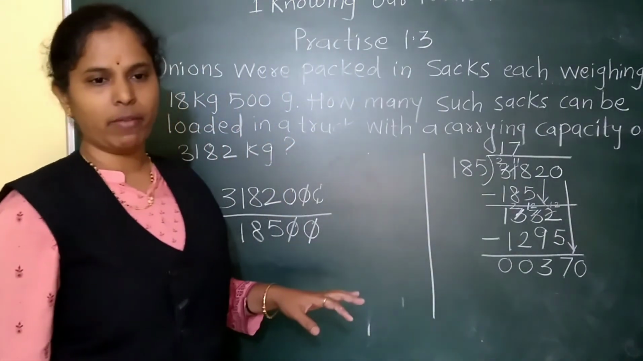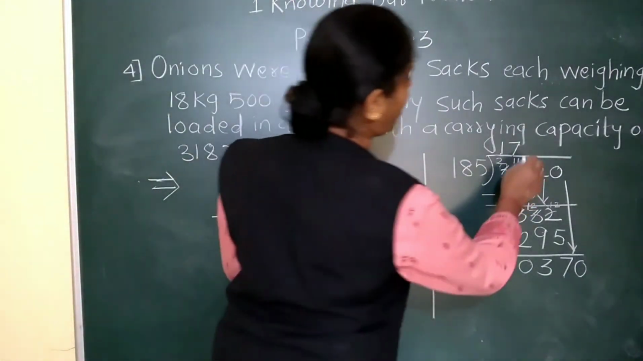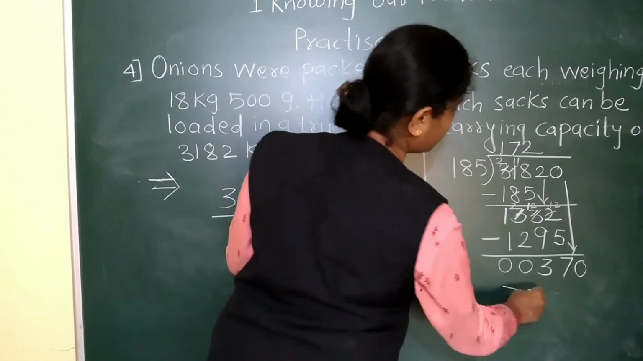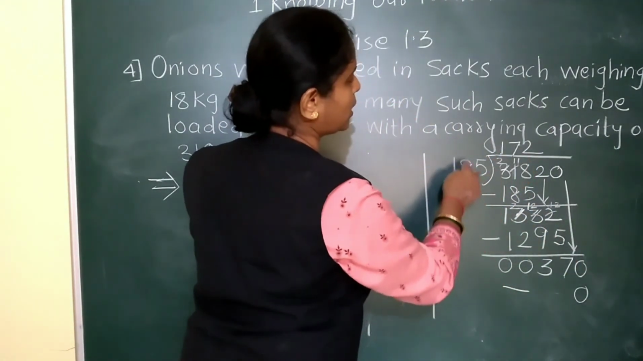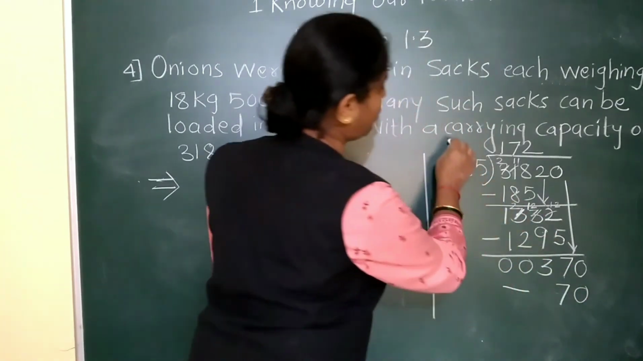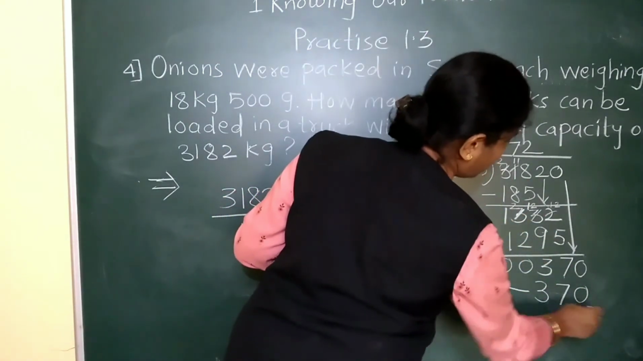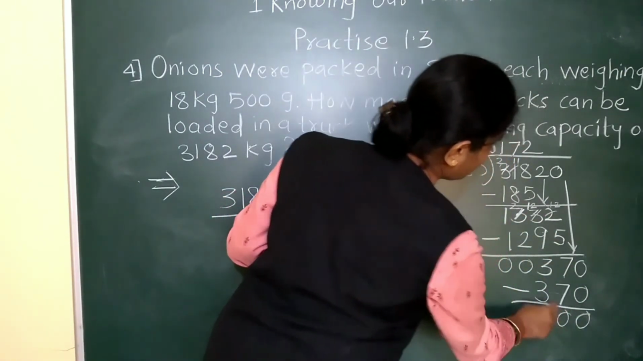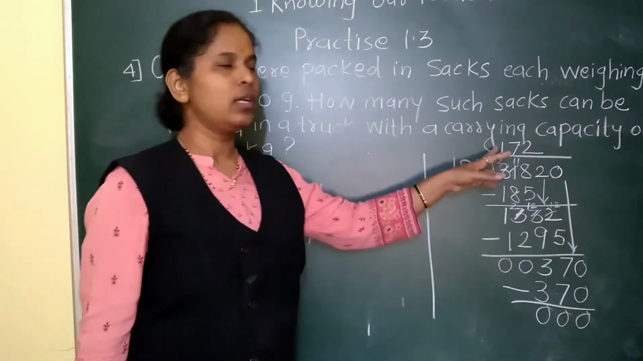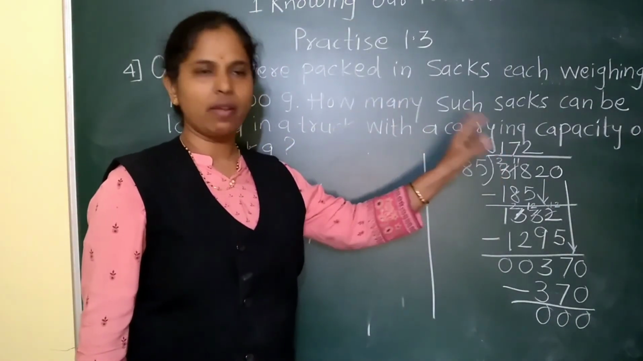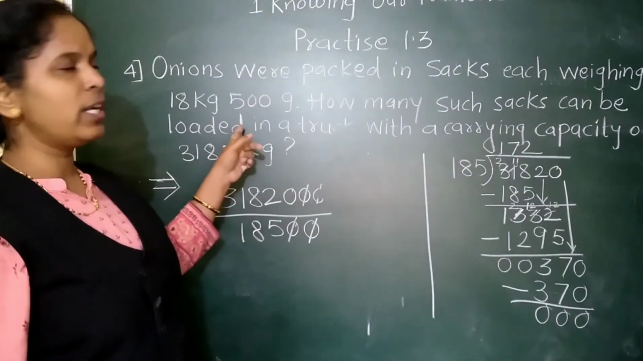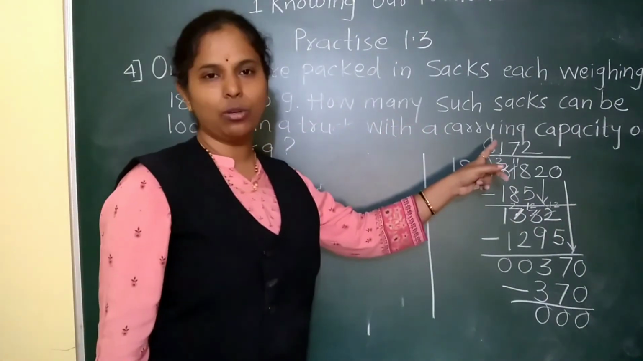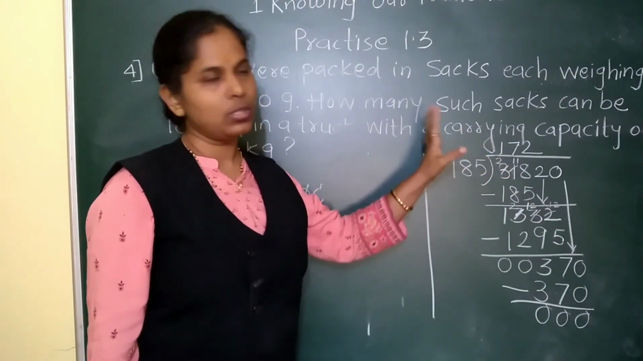It makes 370. Now 185 2s are, see, 2 5s are 10, 0, carry 1. 2 8s are 16, plus 1, 17, carry 1. 2 1s are 2, plus 1, 3. So see, now what is the answer? 172. So how many such sacks can be loaded in the truck? We can load 172 such sacks in